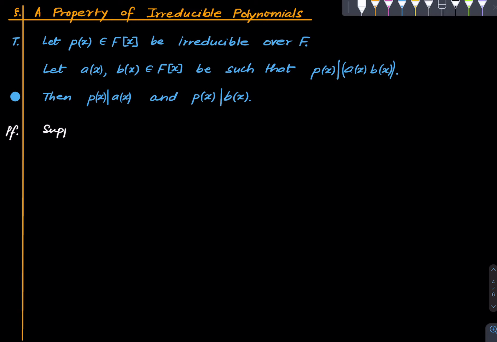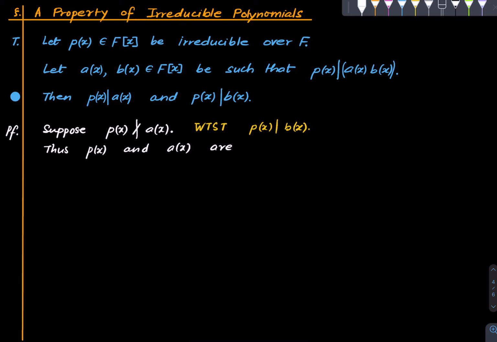Suppose p(x) does not divide a(x), this is the symbol for does not divide. Then we want to show that p(x) divides b(x). That's what the proposition wants us to do. So by the observation that we just made, this means that p(x) and a(x) are relatively prime. And thus by Euclid's theorem, there exist